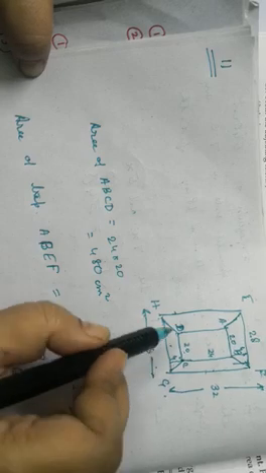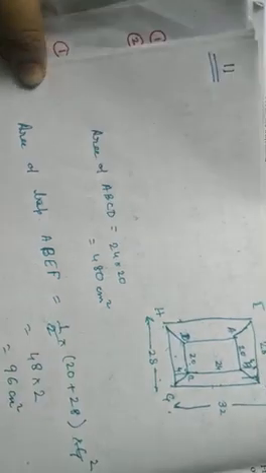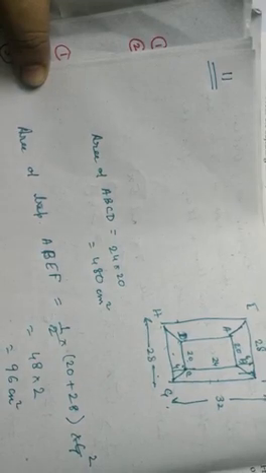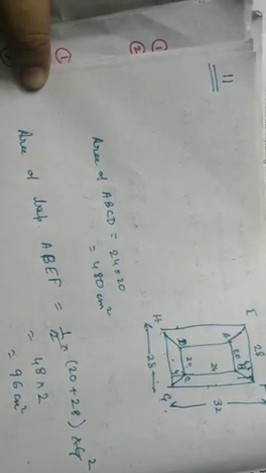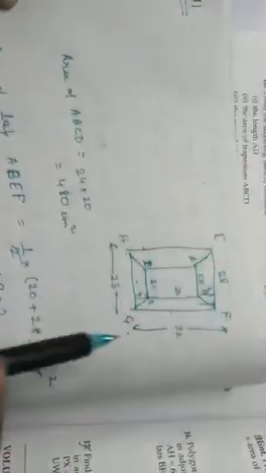And the same is going to be the area of this trapezium. This trapezium is HGCD. Area of trapezium HGCD is going to be the same. It's going to be equal to 96 centimeter square. Okay, these are the same. Now look at these two. Now these two trapeziums will be the same, so I just need to find one of them.